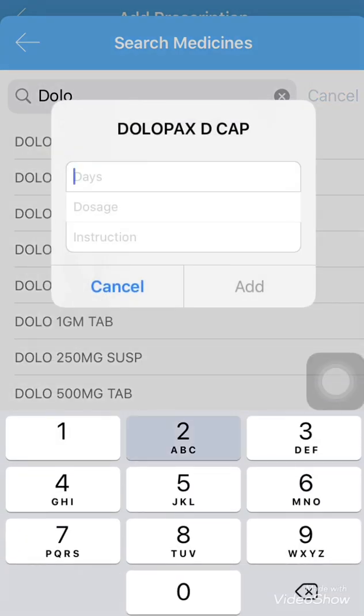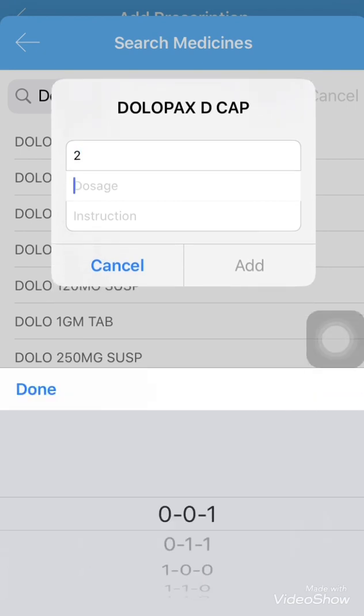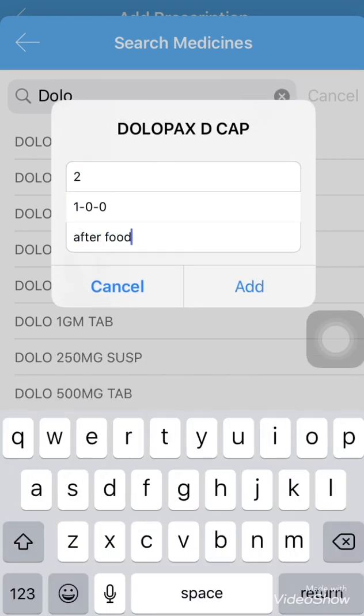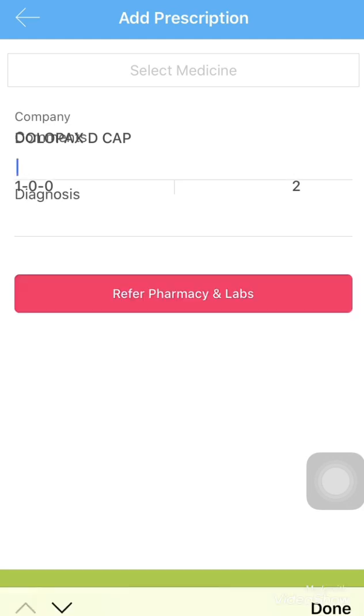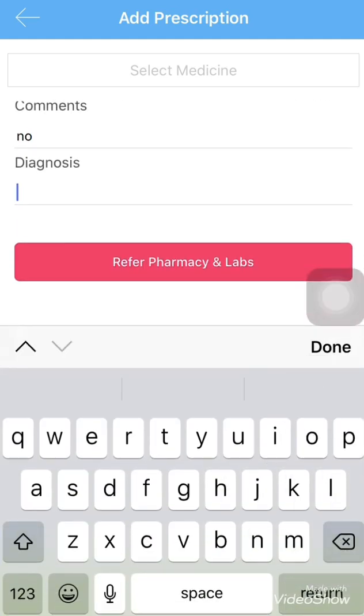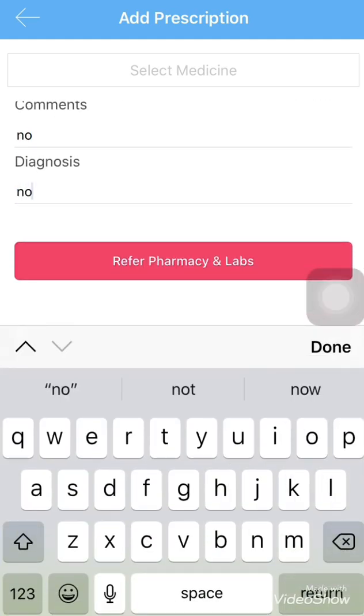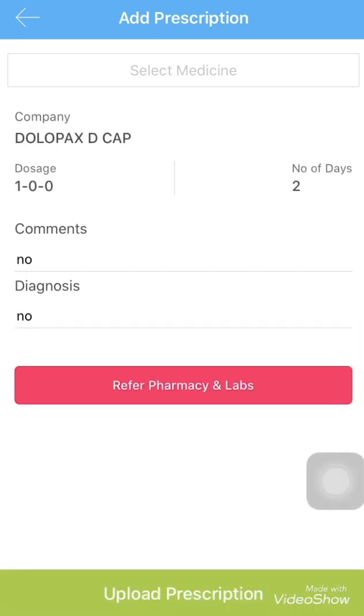Add days, dosage, instruction and click on add. Now if you want to add any comments, then add. Any diagnosis you want to prefer, add. Now click on the upload prescription button. You can add as many medicine as you want on the prescription.